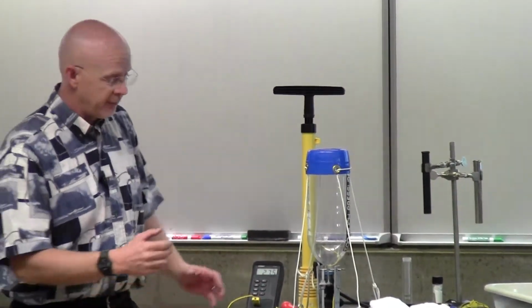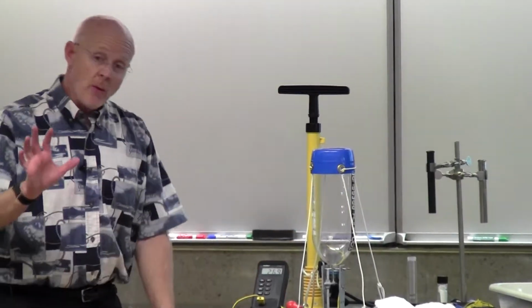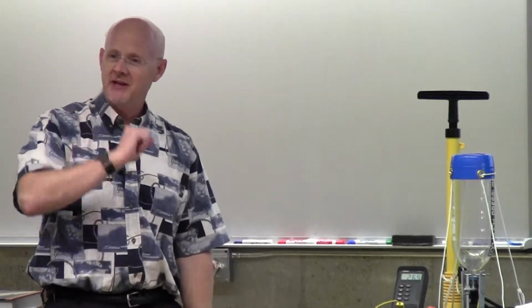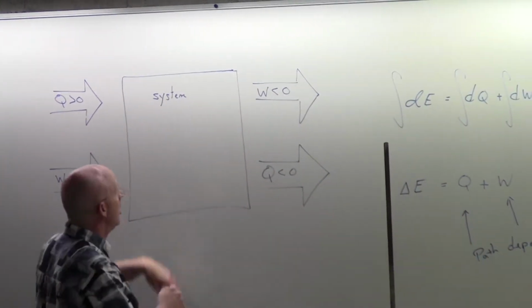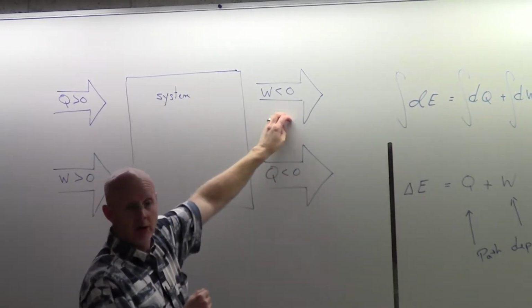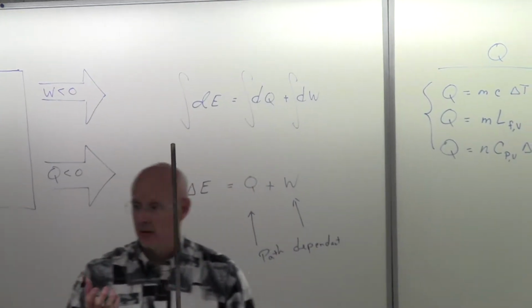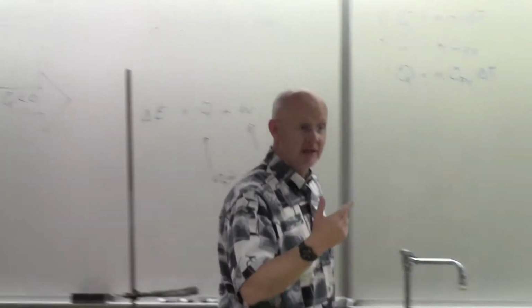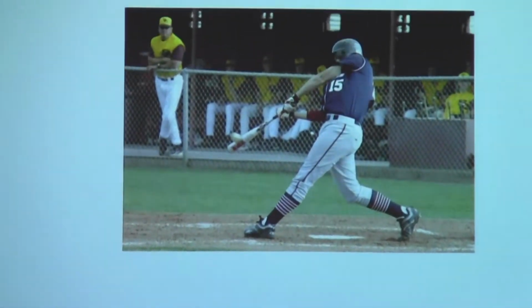And I can leave it here for a while. I just hope I'm not losing pressure. Good. Because if I wait a while, the temperature will come down to room temperature. Because let's see the opposite of this. So far, I have shown you me doing work on the system, converting into heat. What if the system did work? What if the system was expanding? What does that mean? It's coming from the gas. And where does that energy come from? The gas, right? Let me change the picture here. If this helps,